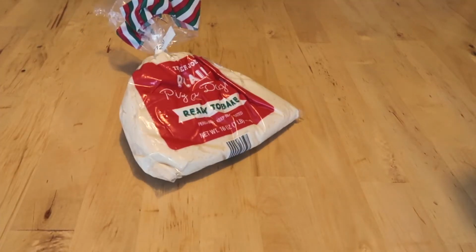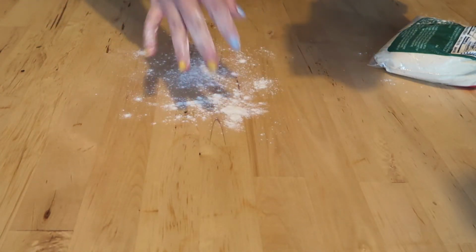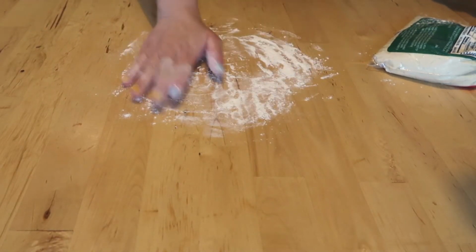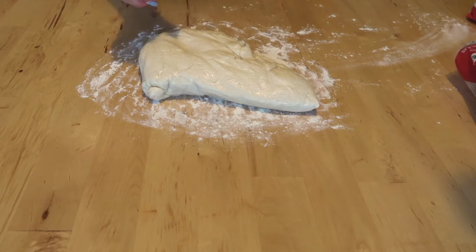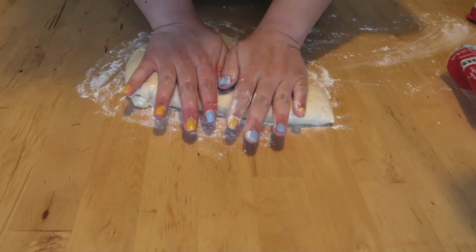Hi everyone, we're gonna start with the Trader Joe's plain pizza dough. It blew my mind that this was like $2 or $3 near all of the cheeses, so it's a little dangerous that pizza dough is that cheap. But we're gonna start with a lightly floured work surface and just spread it out, as you can see. Then we're gonna take it out of the bag gently, it says gently on the bag, and roll it into a ball. And you can see that I'm gonna spread a little more flour on it